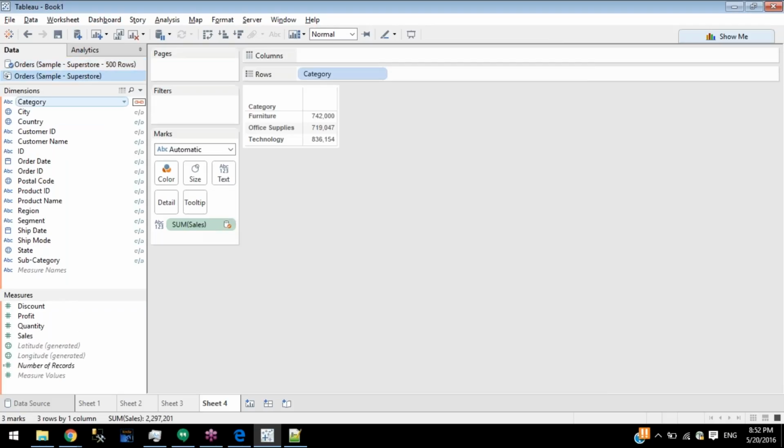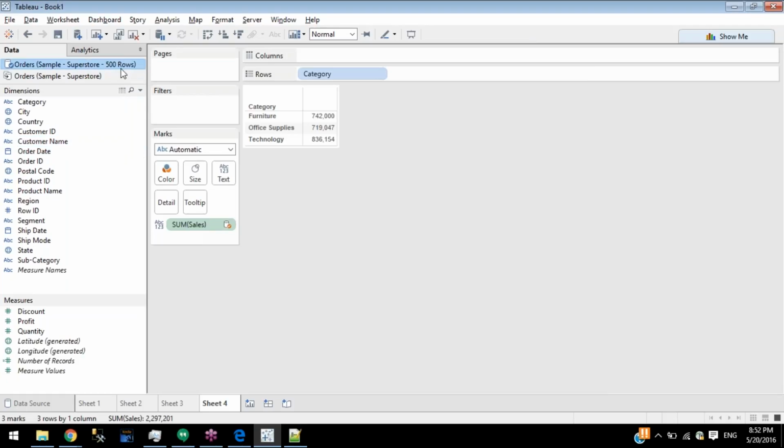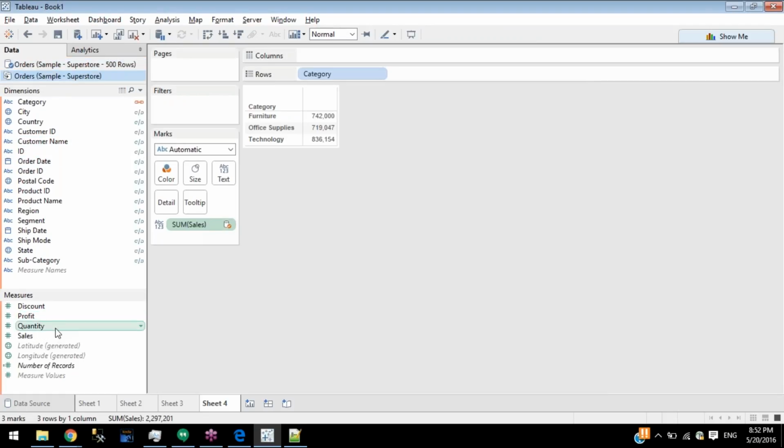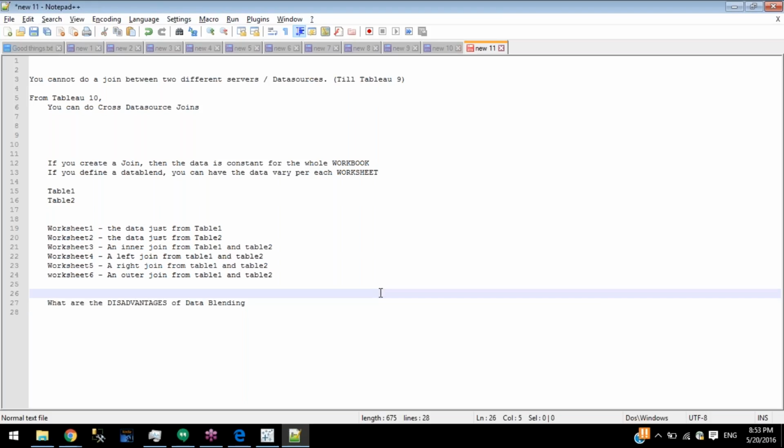But if you join on category, what will it do? It basically takes the list of values in category and populates the sales figures appropriate for those categories. But category is the wrong answer. Why? We have to use row ID. Why? Let's see. For example,